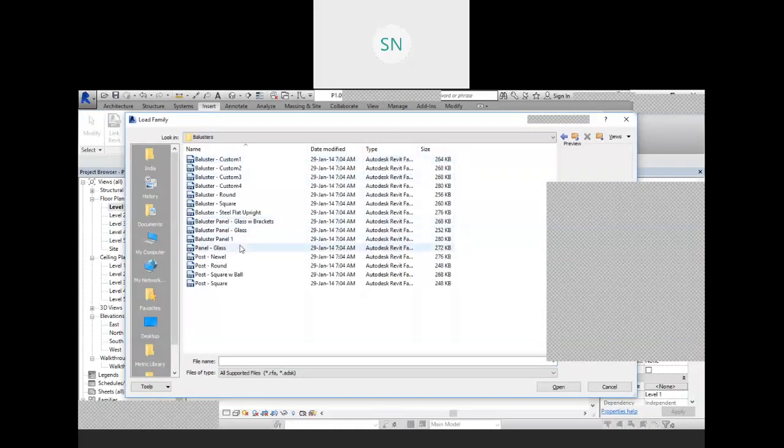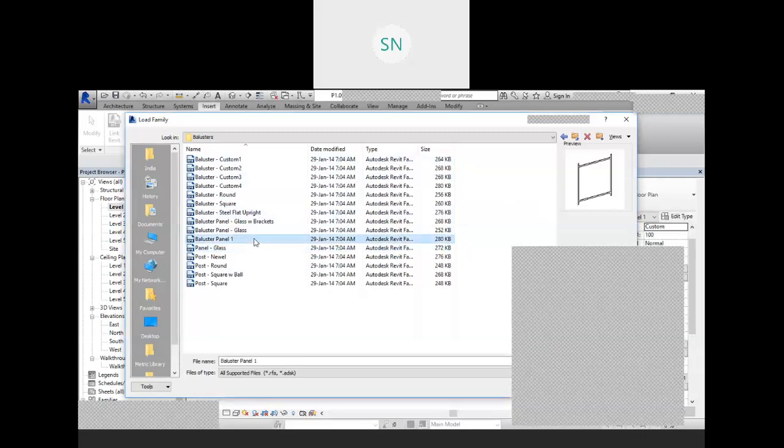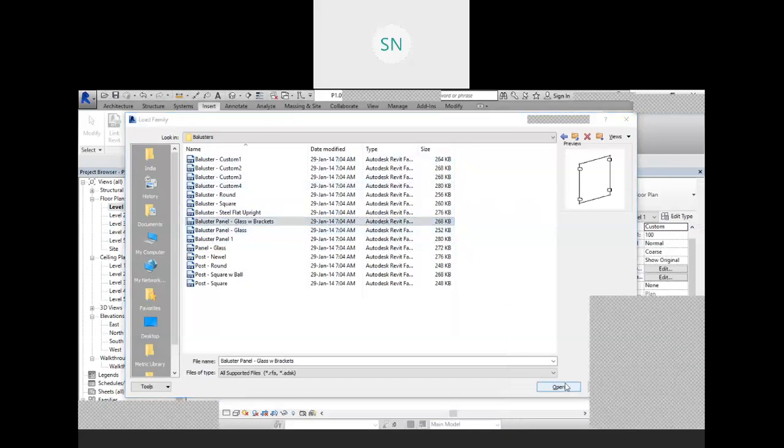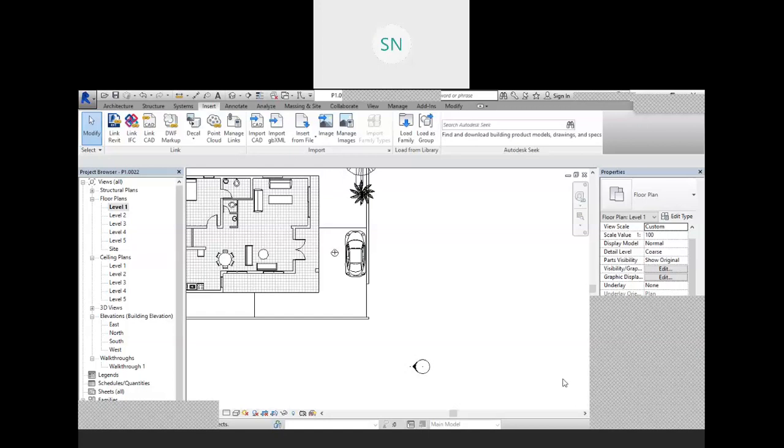And from here, you will find this glass panel baluster also, with stud, without stud, right? So just load them, and then you can use that as your baluster in your railing, right?